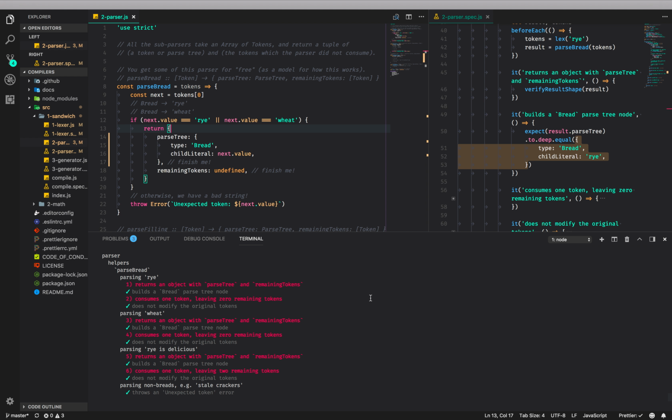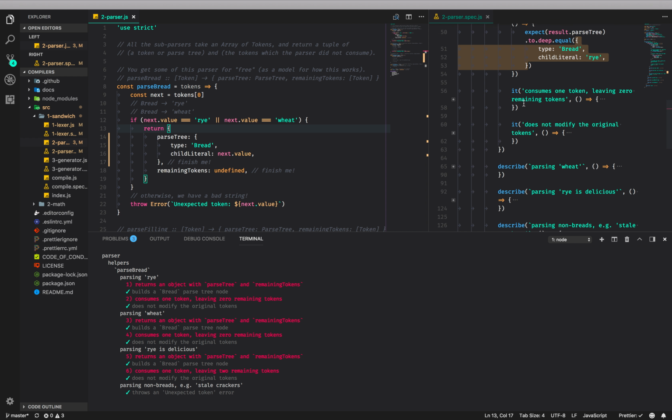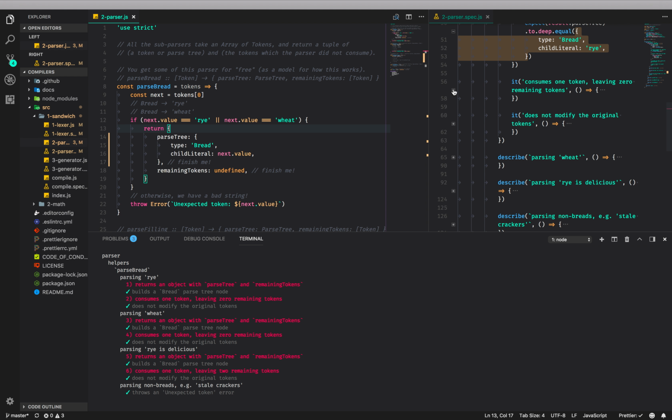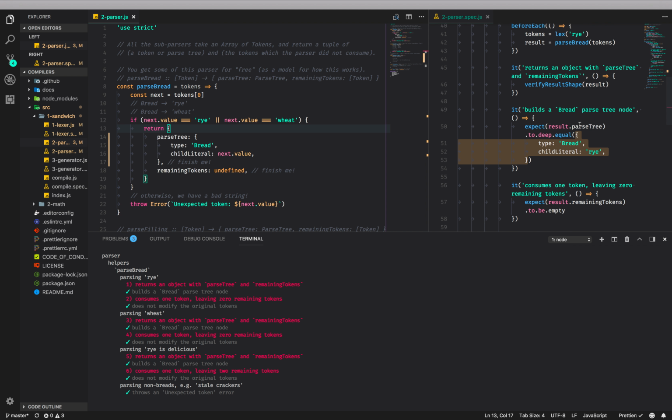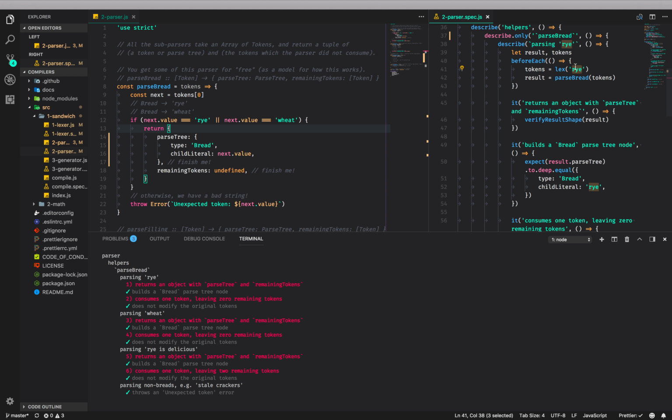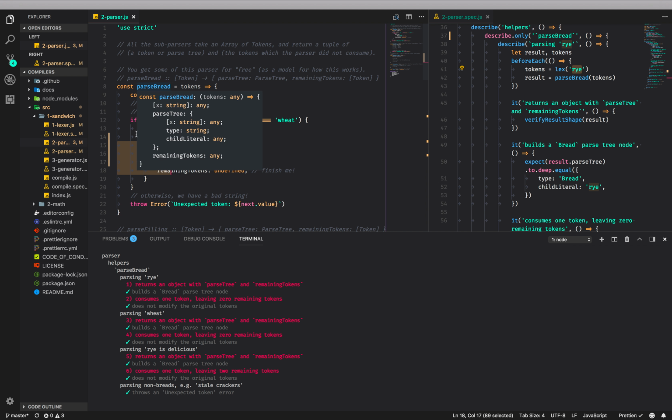Yeah, we're passing a lot of the copy-pasted ones, but now we look at consumes one token, leaving remaining, 0 remaining tokens. So the idea is we passed in this string rye. It got lexed into an array of one token, and that one token produced this tree node. So it's kind of like we used the token. We didn't actually modify the array or edit the array, but whoever calls parsebread, they're going to want to know,